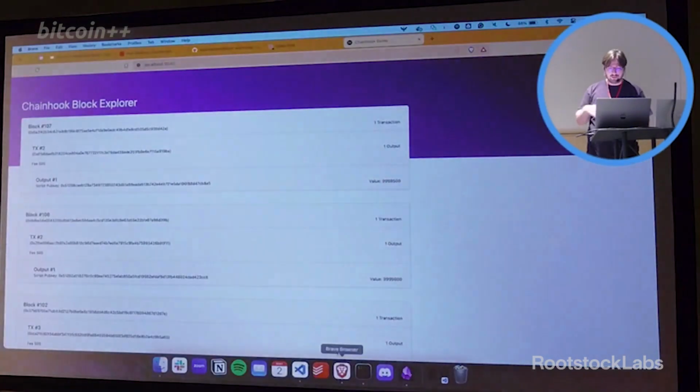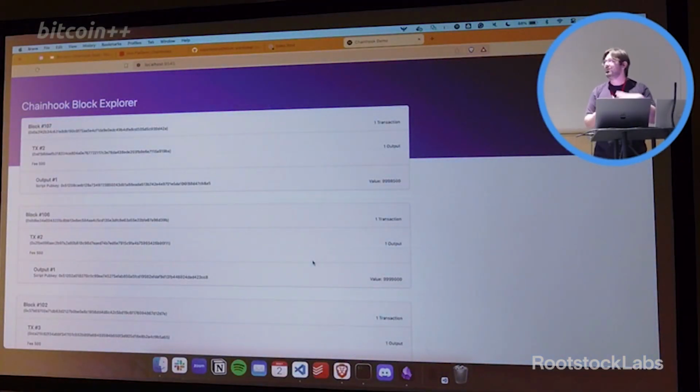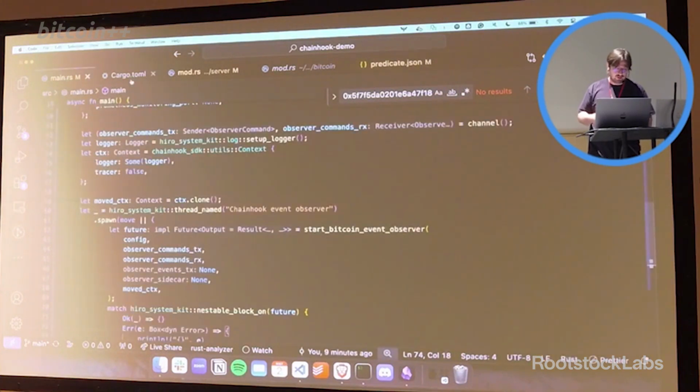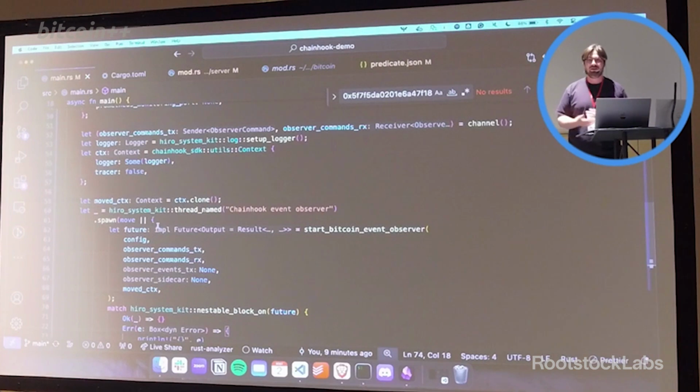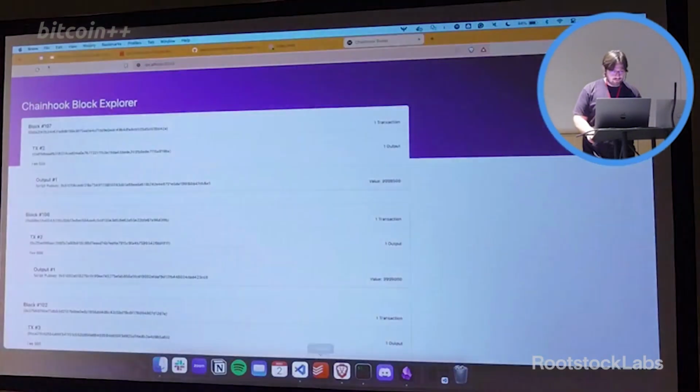Cool. So that's the demo. This is a specific use case with BitVM and my regtest that's set up. But with this code that we set up, you can register any type of predicate you want, and you can build whatever database you want. So if anyone uses this, I would love to help, answer any questions or get stuff set up. But I wanted to talk about one more thing,